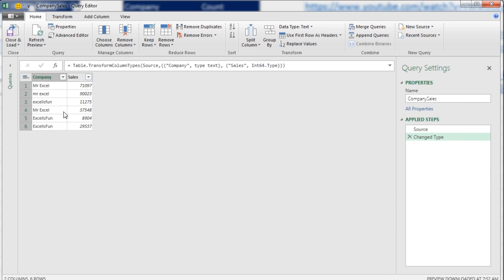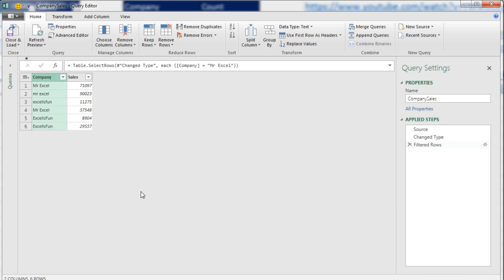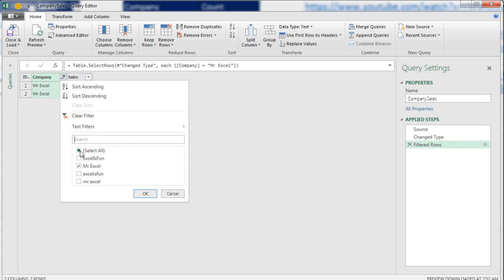Now, we're going to see that filtering over here is case sensitive. And this is amazing. If I click the drop down, filters will always show you a unique list. And sure enough, case sensitive filtering. So if I wanted to see only capital Mr. Excel, I could do it over in Power Query. Click OK. There it is. Now, that's not what we're going to do. We're going to actually create those two reports and export them. So I'm going to unfilter everything, select all,